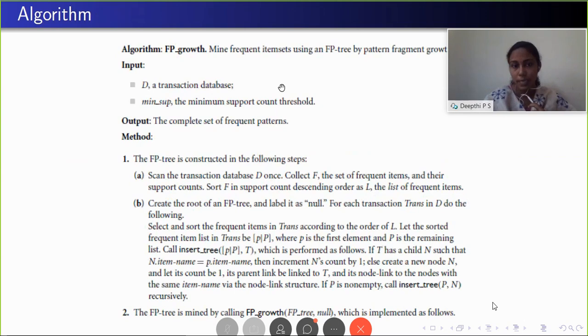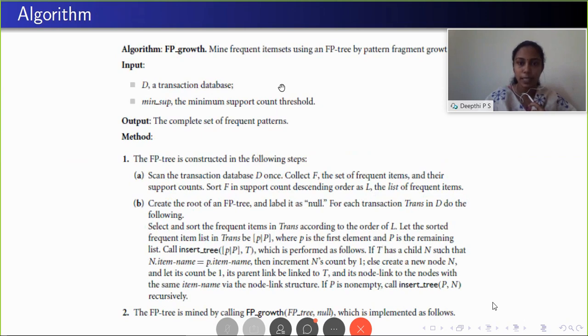Okay, so consider each of the paths separately. This is one path, that is from root node I2, I1, then I3. So I2, I1 are the prefix nodes, and the support count is 2. That is, the support count of 2 is what you have to write here. The second path is from root node I2, then I3. There is only one prefix node, that is I2. So this is the second set.